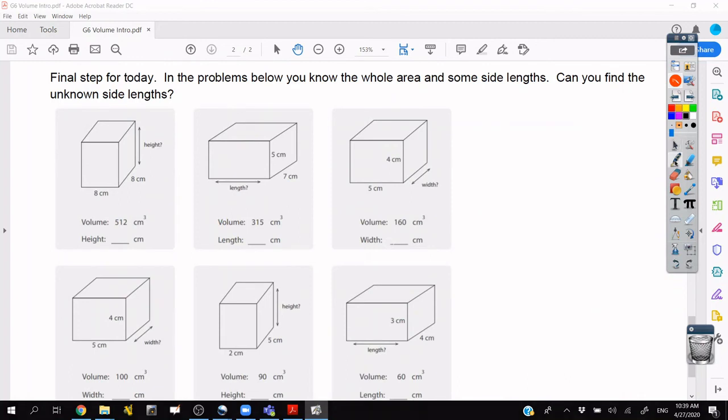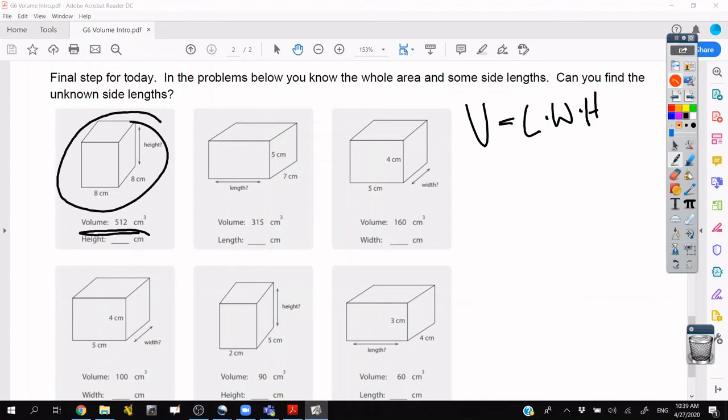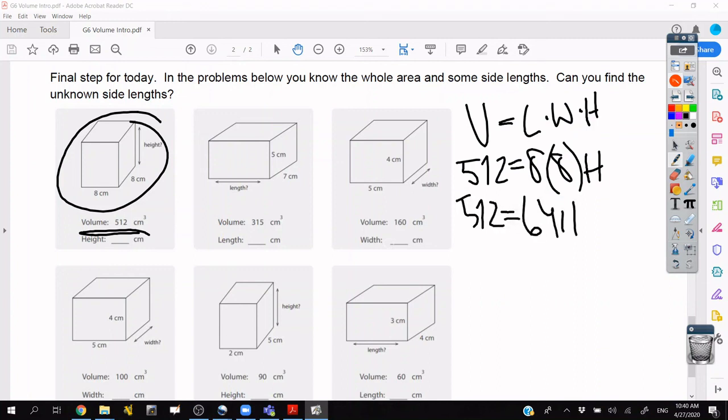Welcome back, Sixes. The last chunk of this, I just wanted to note, if we have this volume formula, which is like length times width times height, or times base or depth or whatever, like I've noted, the same way we label all the dimensions. Well, then here we have different sets of information, but if we know the volume there, we can use that. If the volume is 512, and I know the length is 8 and the width is 8, and I don't know the height yet, well, then I can multiply those things. This is 512 equals 64h, and then I can solve and find that h equals,